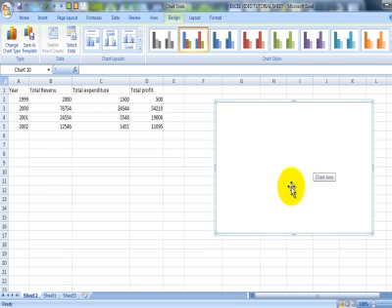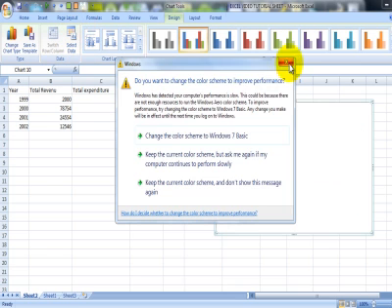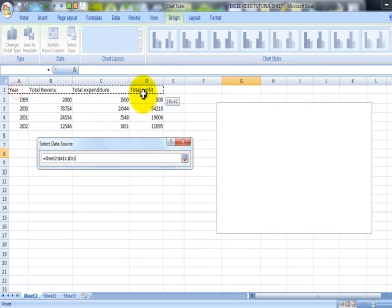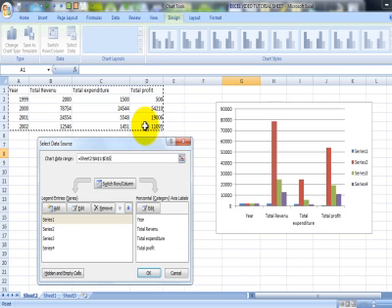Now to select the data we need to go here and press Select Data. Now you need to select the range, select the range here like this, and as soon as you leave your cursor it will represent the data automatically in the chart. But as you can see, it is not making any sense. It's saying series, some colors and year, revenue, the total, the name I specified for my columns.